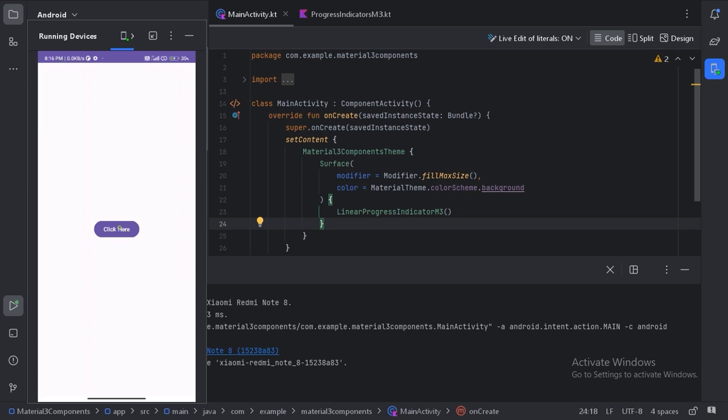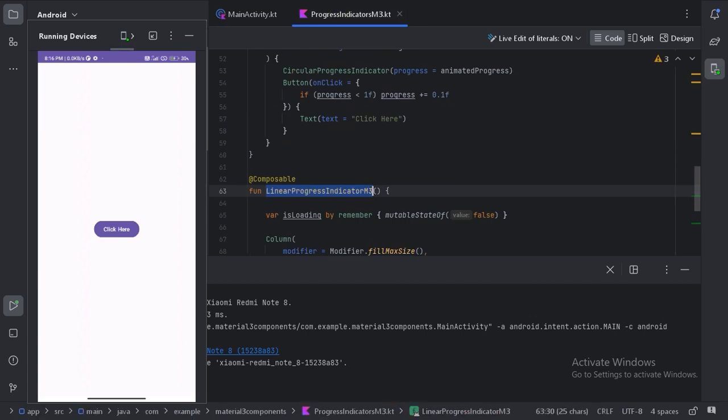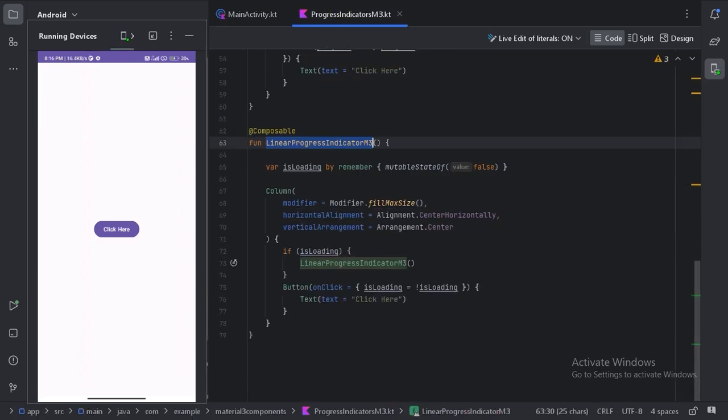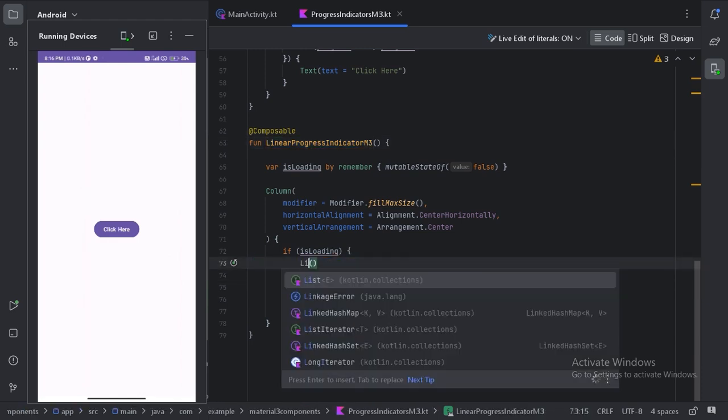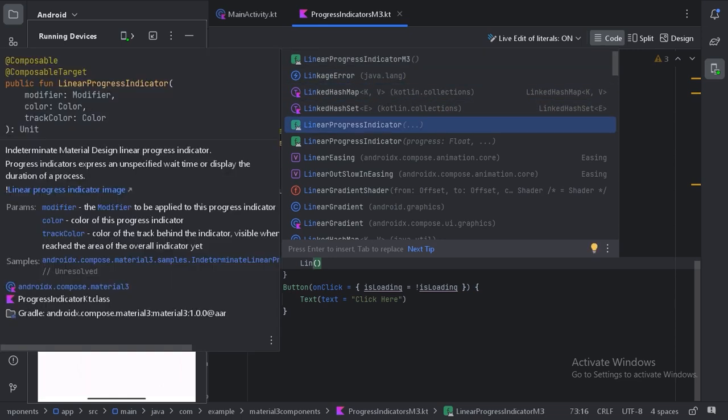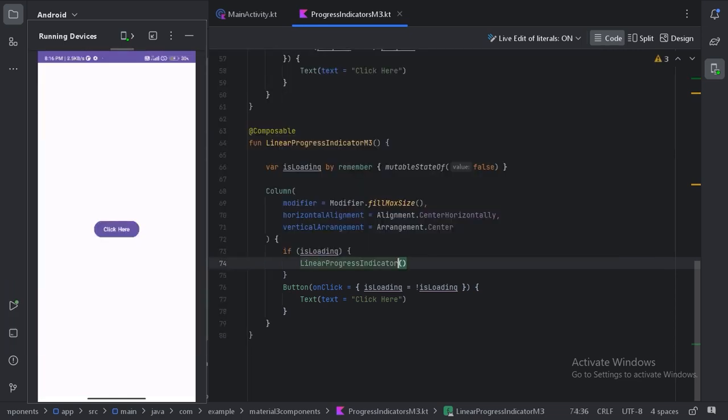So let's click on this. This is not working, so let's go back and see what we are missing. Here I have called this function again, but I should call the composable function which comes with the Material 3 library.